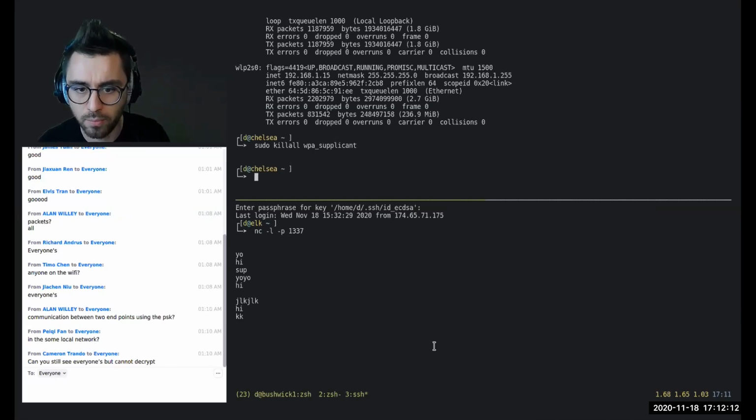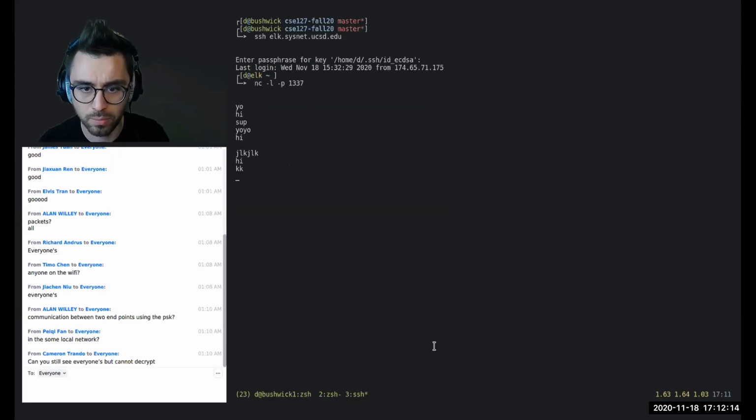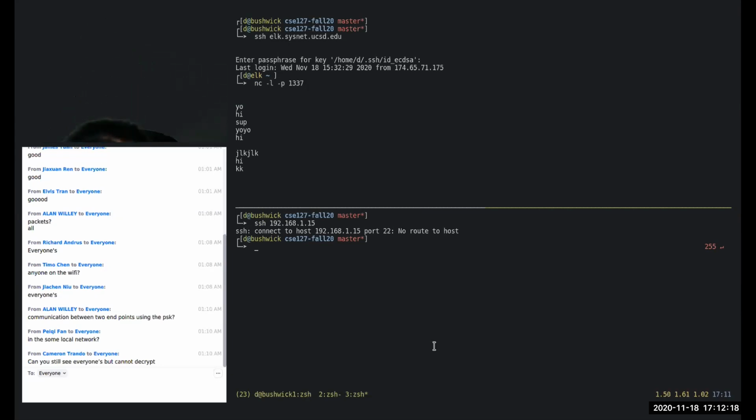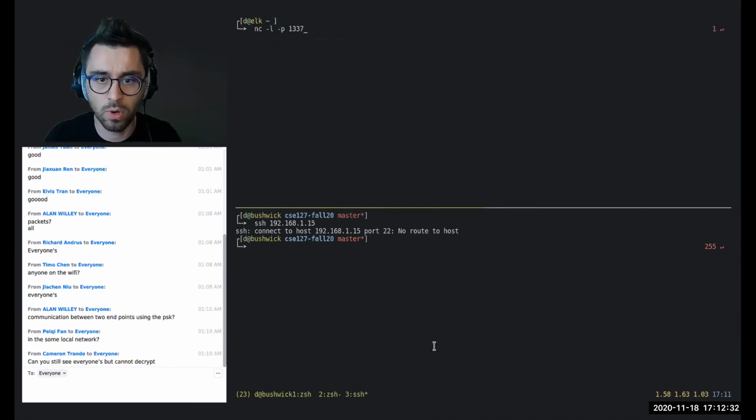Let me connect to it again. All right, let me make sure that this machine is actually connecting to the network. Give me a few seconds. Okay, so what I did on a remote machine at UCSD, I have a server listening on port 1337.